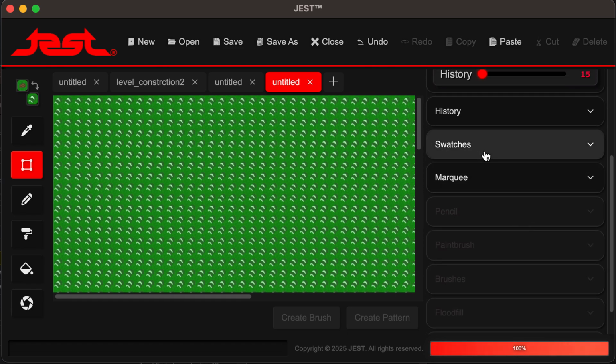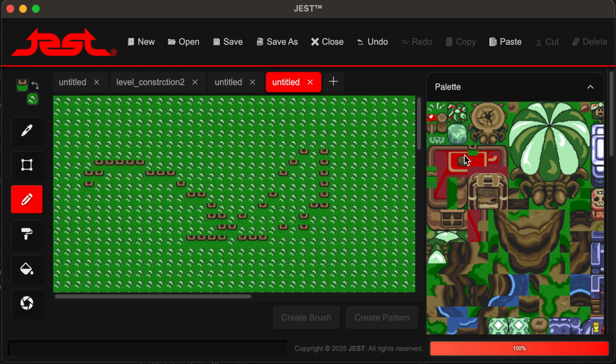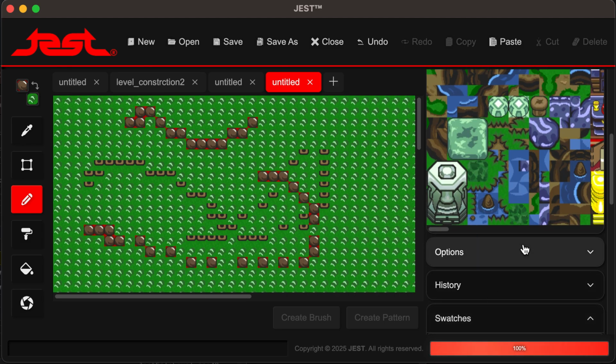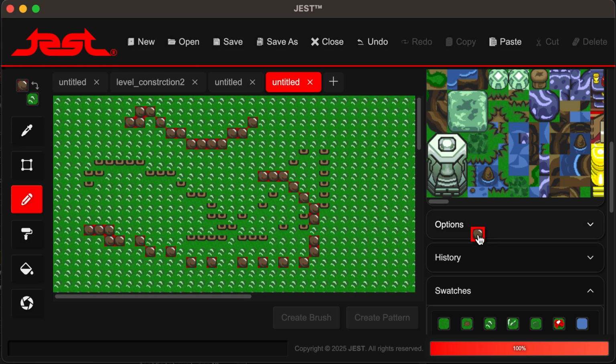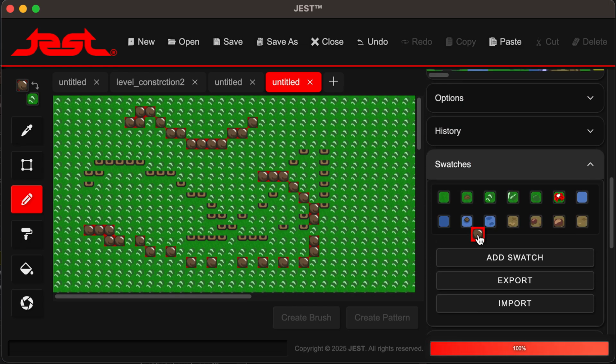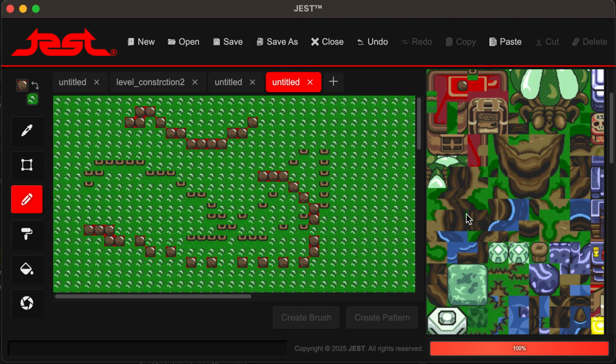So anyways, one of the other things I wanted to show you is that with the palette tool, just to reiterate, you can double click tiles in the palette and that will set it as your foreground. So if I wanted to double click that, I can do that. Another cool thing is I can open up my swatches here and I can drag a tile, but you just have to click it. You don't have to hold a drag in my level editor. I'm not down with that. I think that's tedious and it's painful on your hand to constantly drag and drop things. So what you do is you click. You can select a region here